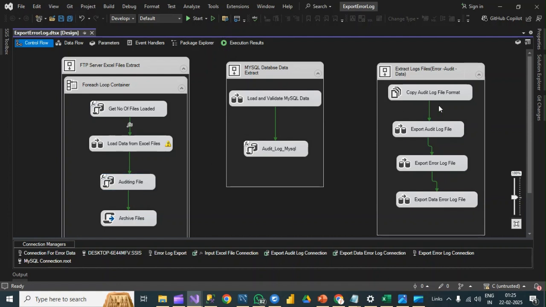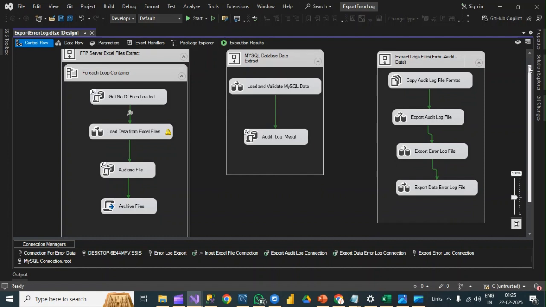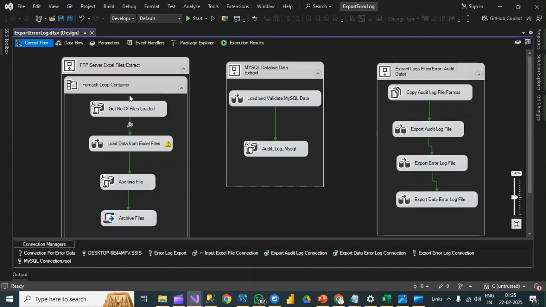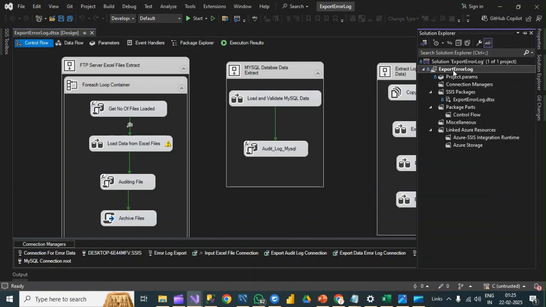So this is the thing that we have done in lab number 12. We have completed combining all the different types of modules into one single package, and with the same package we will now move on to the next practical. One more thing that we need to do is rename it. So basically I will rename it as